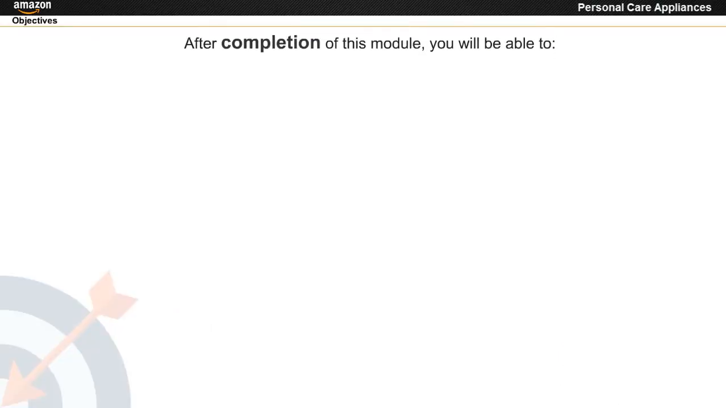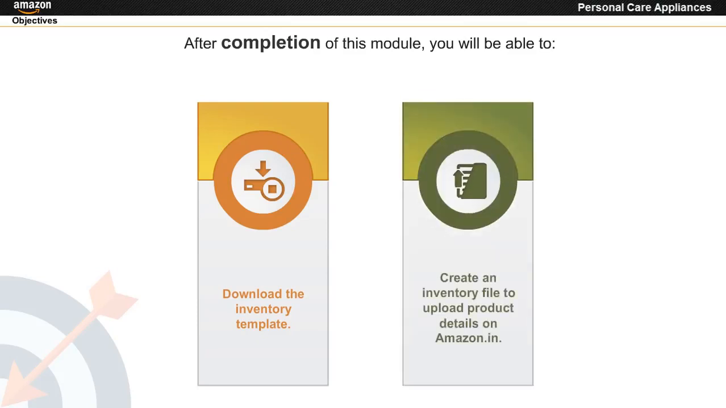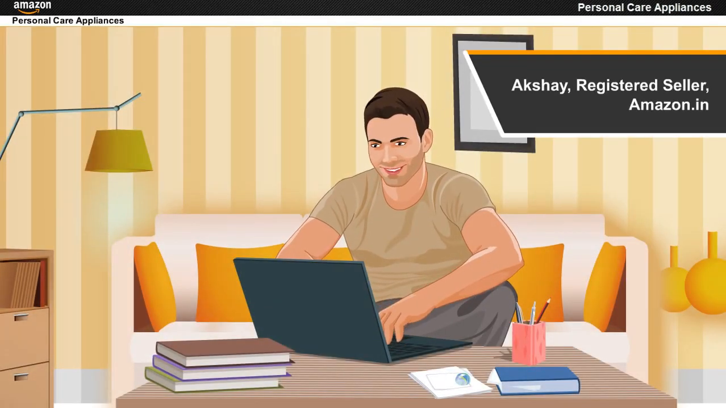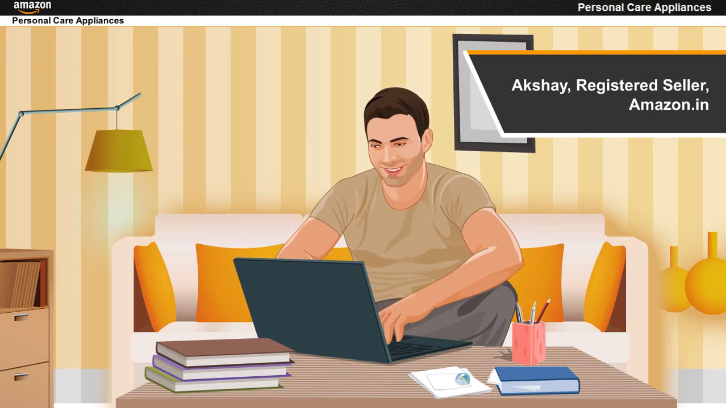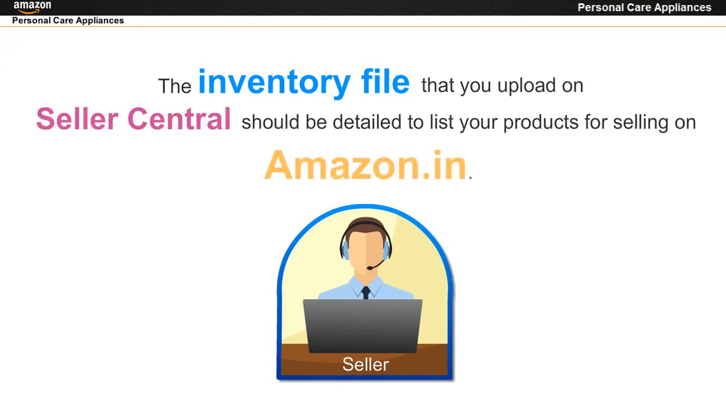After completion of this module, you will be able to download the inventory template and create an inventory file to upload product details on Amazon.in. Akshay, a registered seller with Amazon.in, wants to create an inventory file for a product belonging to the personal care appliances category. The inventory file that you upload on Seller Central should be detailed to list your products for selling